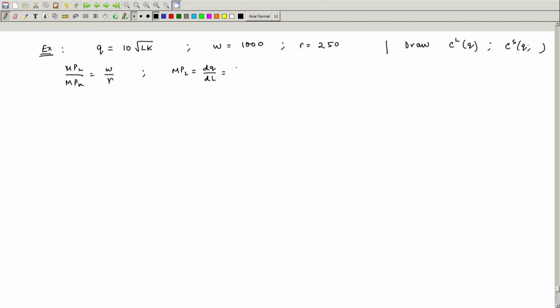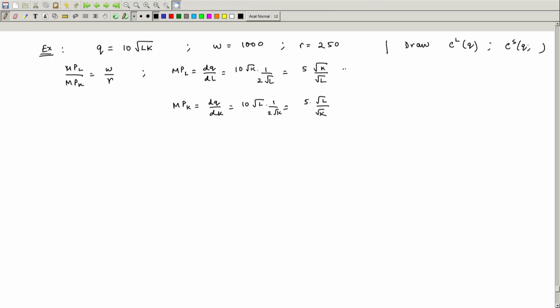Keeping K fixed, that is going to be 10 times root K times 1 upon 2 root L, since the derivative of root L with respect to L is 1 upon 2 root L. So, that gives me 5 times root K upon root L. Similarly, my MPK is dQ/dK, which is 10 times square root of L. L is going to be constant when I am finding the derivative with respect to K, and the derivative of root K with respect to K is 1 upon 2 root K,